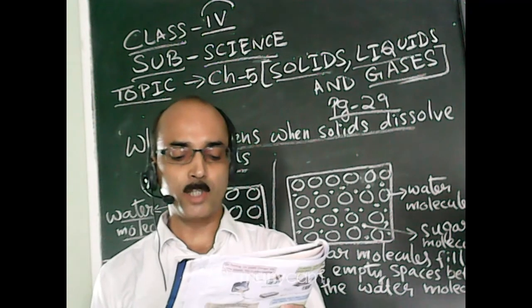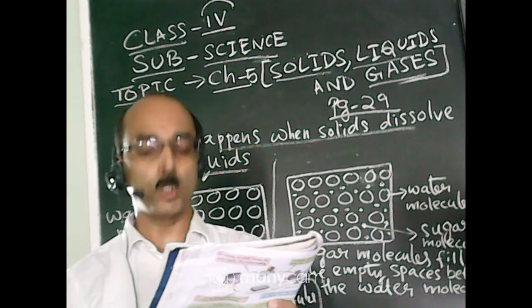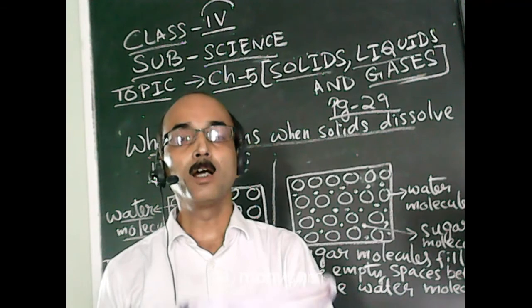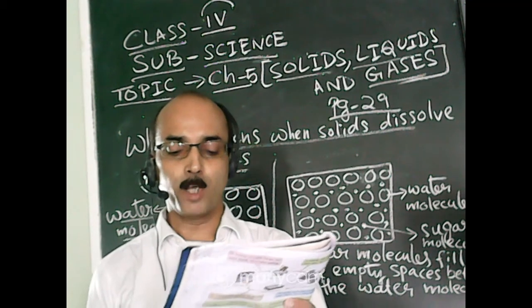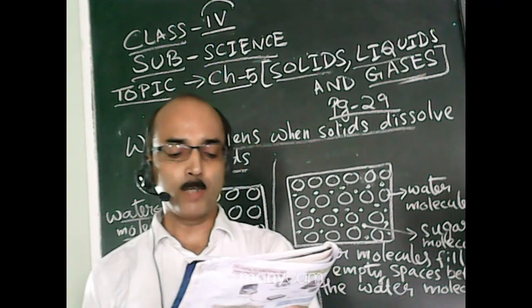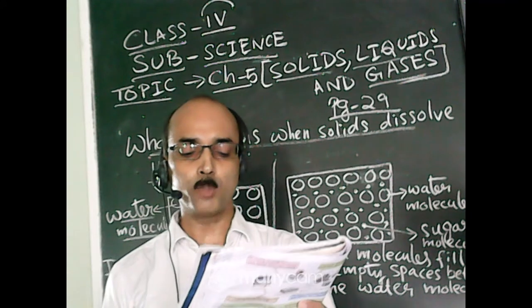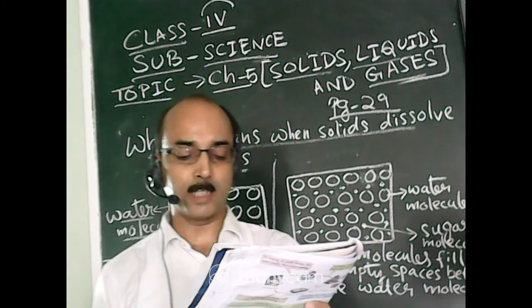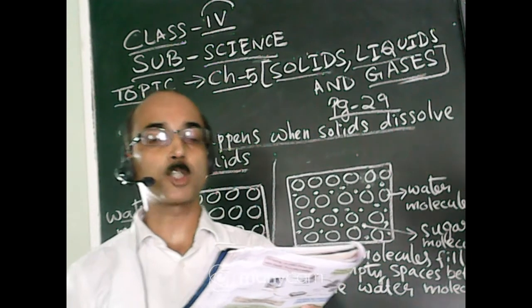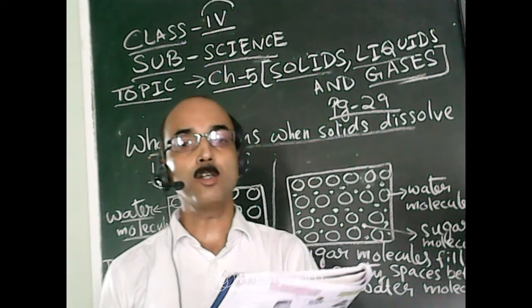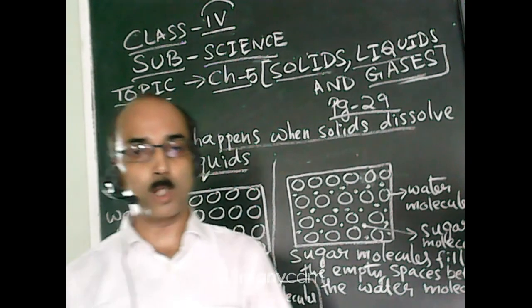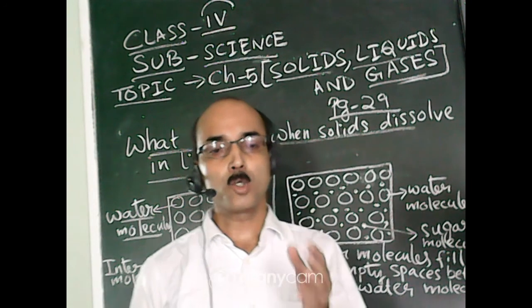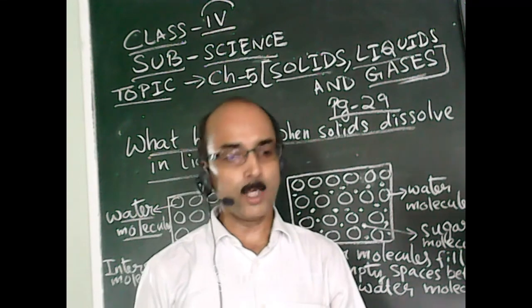The liquid in which a substance, that means the solute, dissolves is called a solvent. Here the solvent is water. For example, water and milk. The liquid that we get by dissolving a solute in a solvent is called a solution. So students, you will also learn what is a solute, what is a solvent and what is a solution. Today up to this much.